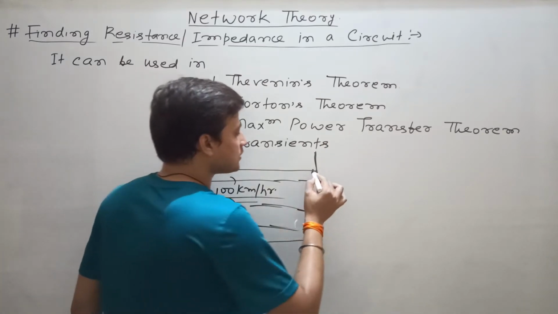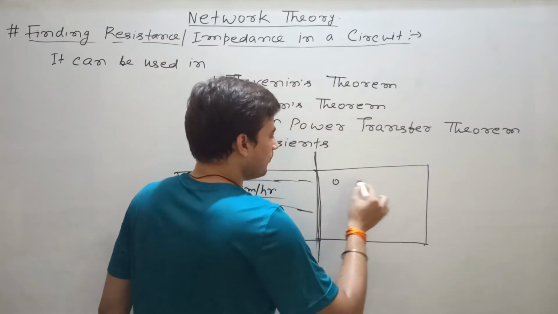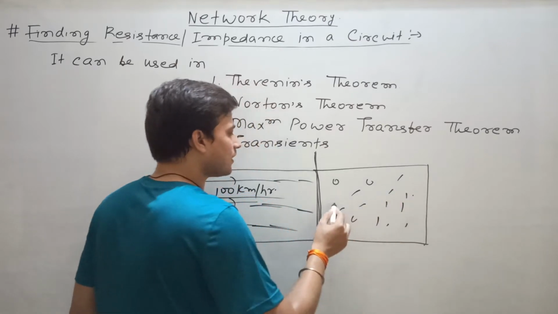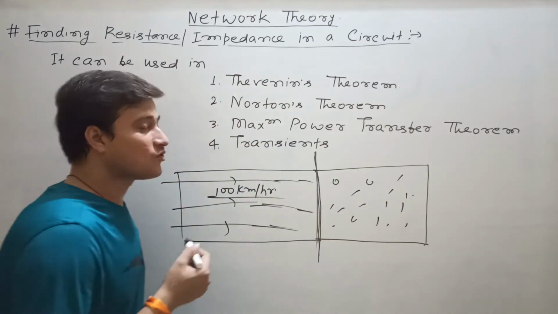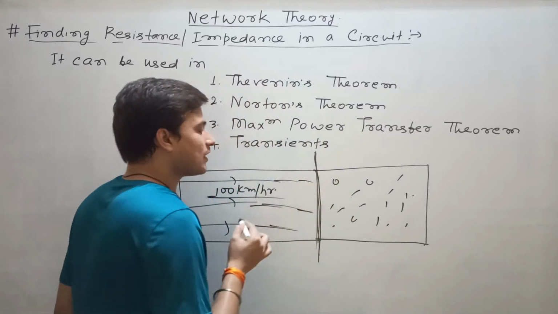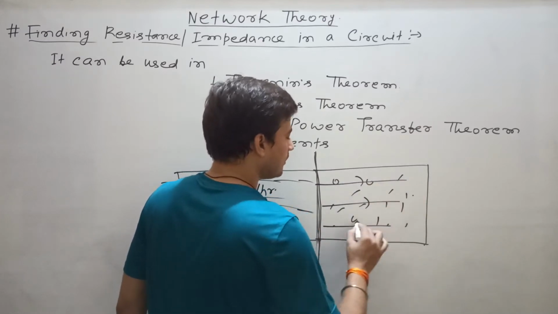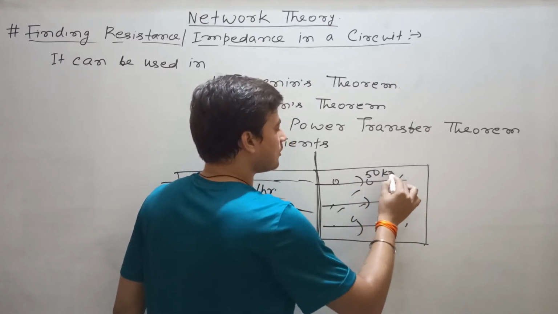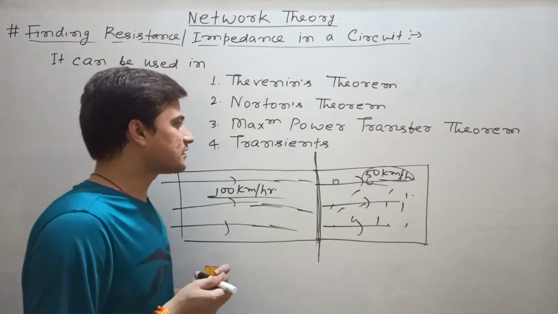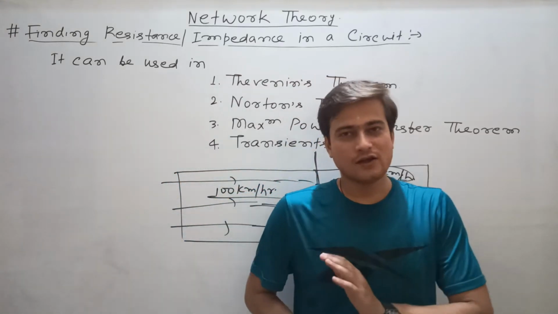Now after this, the condition of the road is not good. Clear? Many jerks are there, many obstacles are there, the road is not plain. So what will happen? You will have to reduce the speed of the car, and the speed of the car will now become 50 km per hour. So that means if there is some resistance, then the flow of current will be reduced.